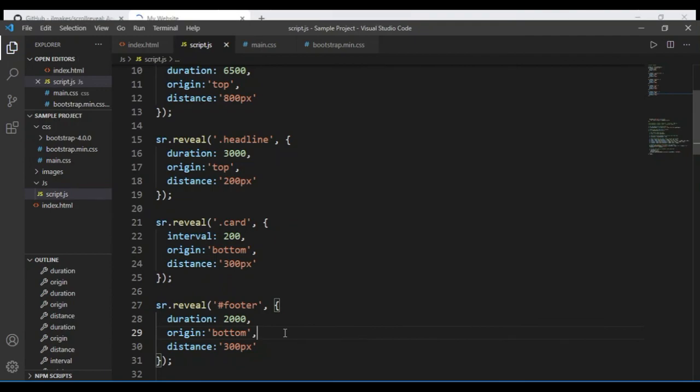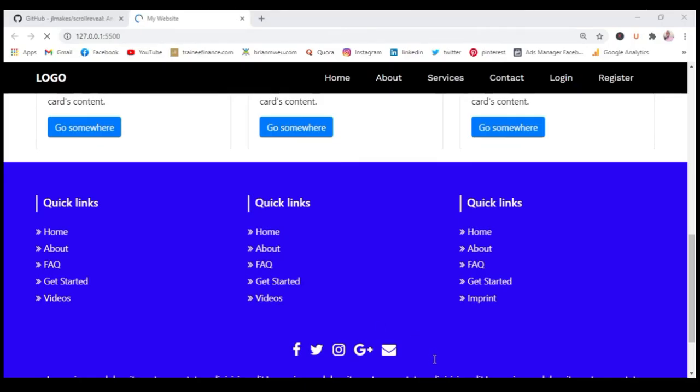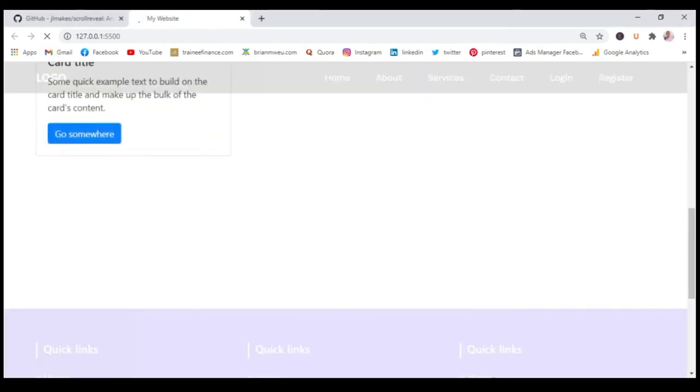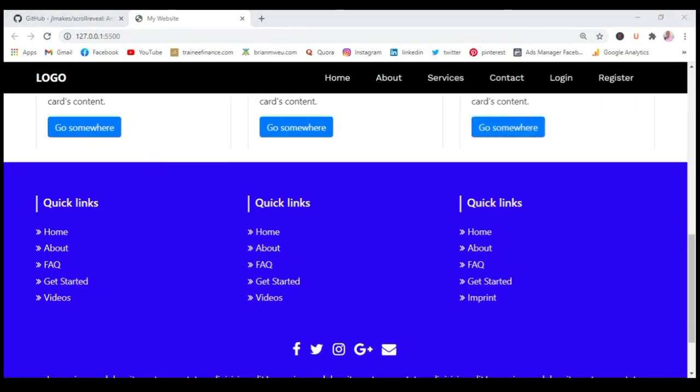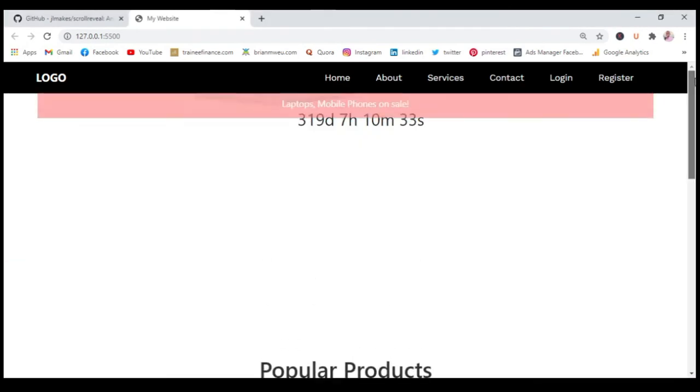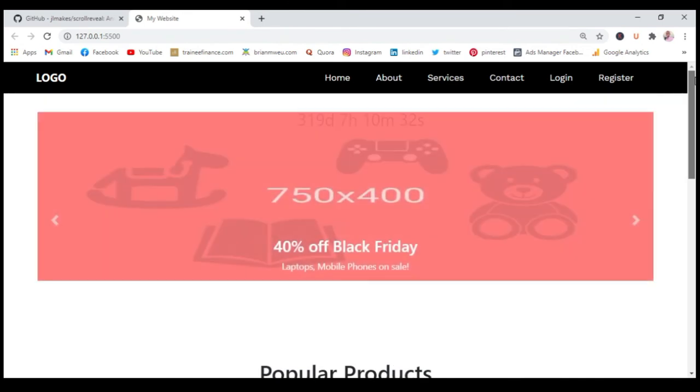So let's just see it in our website. So you can just see how it is just being applied right now. So it's just coming from the bottom with the duration of 2000. Origin is bottom, that is, and then the distance is 600 pixels. Remember, the distance we've said is the distance from where it comes from. Now when we now check our website now fully,